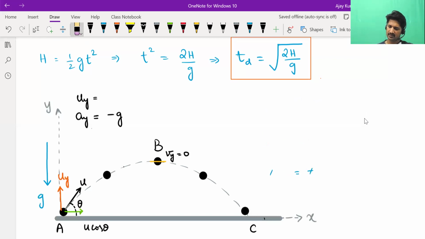For a straight line, not a curved path. If you drop a ball, when it falls straight down by a height h, it takes a time of under root 2h by g. Dropping means initial velocity should be 0. So if something is dropped from rest, then to descend by a height h, it takes this much time. But see what happens here. In this case, let me erase all this, just a moment. Just to make the diagram clear to observe.